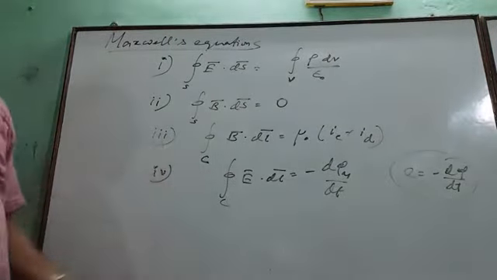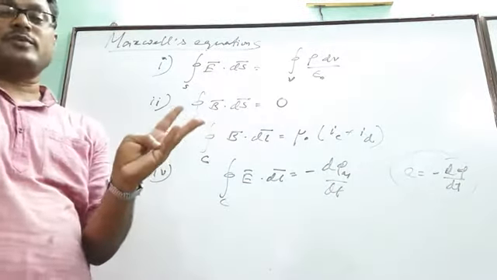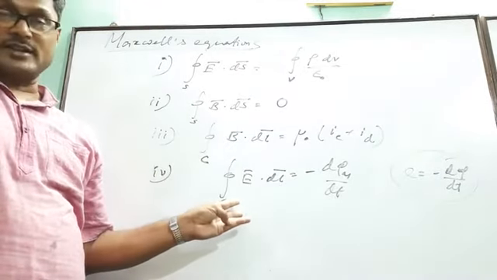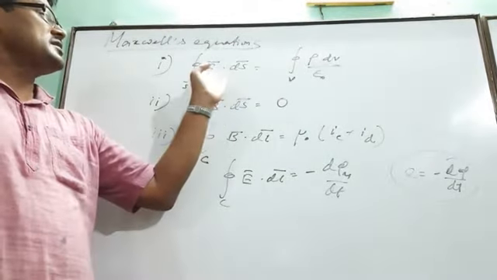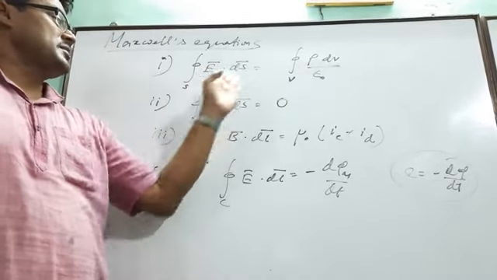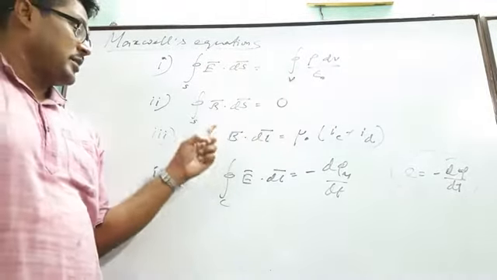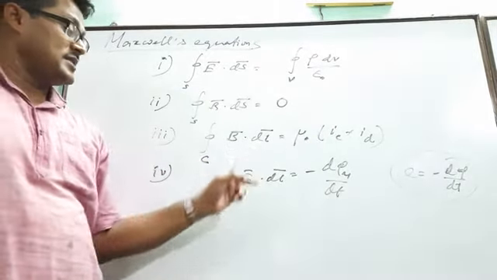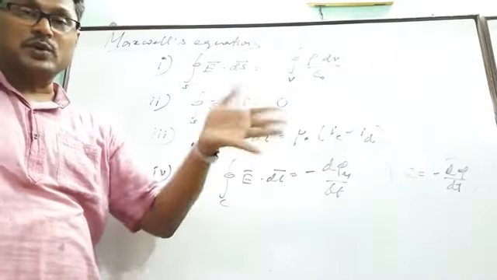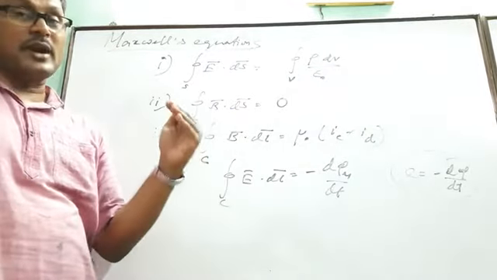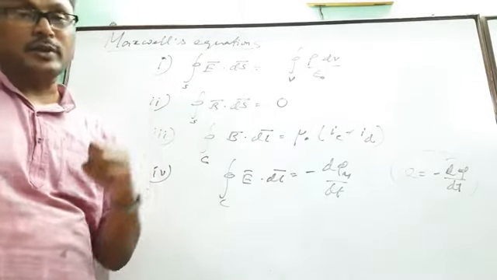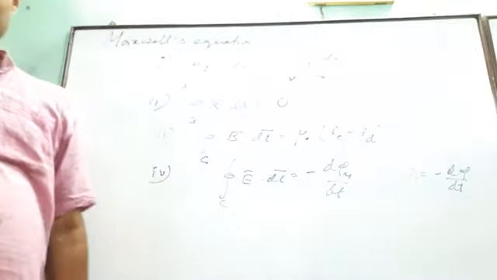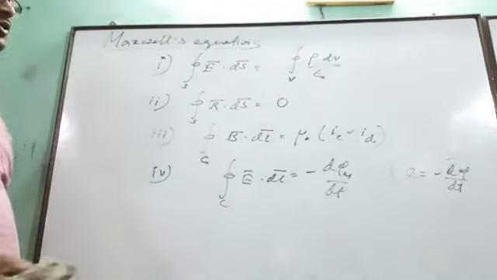So these are the equations coming from the electrostatic field, magnetostatic field, and electromagnetism, that is electromagnetic induction. In static fields, the electric field depends on electric charge, and the total pole strength of a magnet is 0. But here the magnetic field depends on current, and the electric field depends on magnetic flux. So they are correlated. It varies with time. If the magnetic field varies with time, then an electric field will be induced. If the electric field varies with time, then a magnetic field will be induced. This is the basic idea of electromagnetic wave.